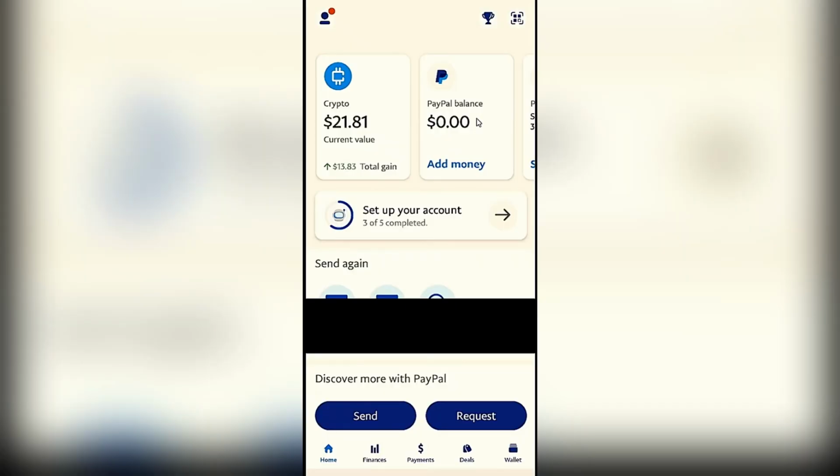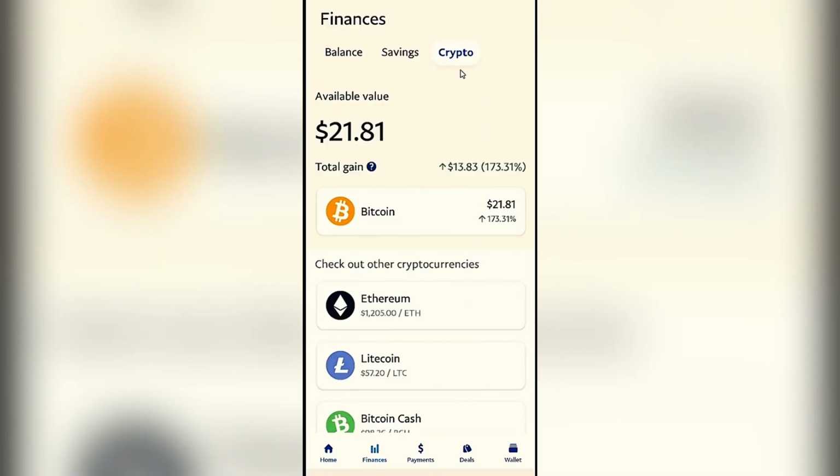Once we're in our PayPal app, you can see over here that I have crypto. Now, if you can't find it up here, you can go down to the bottom of your page. You'll find finances and you'll be able to find it in there. However, I've added it as a shortcut. Now you're going to go in there and you can see right at the top, you will have crypto selected. And now you want to go ahead and select the actual cryptocurrency that you would like to transfer to your Binance account. So I'm going to choose Bitcoin right over here at the top,